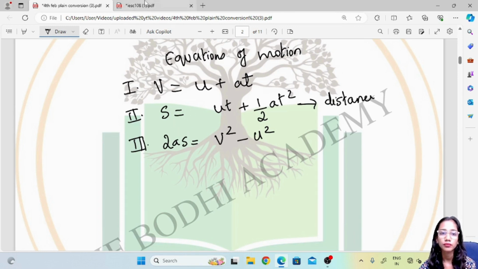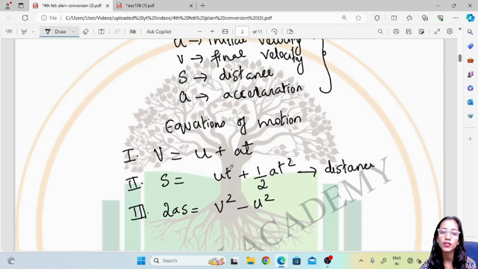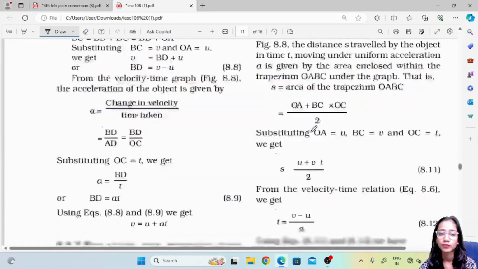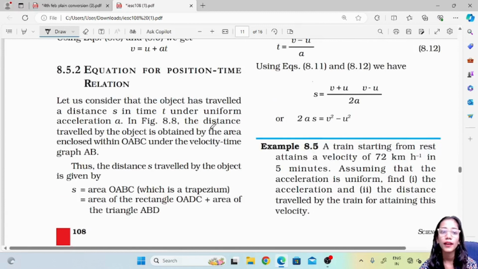So we already know what the alphabets mean. Now let us see how we apply them. For that reason we will try to solve some problems which are there in this chapter. Before going to solving the problems, we need to know that the SI unit of all the variables has to be the same, or the unit has to be changed.